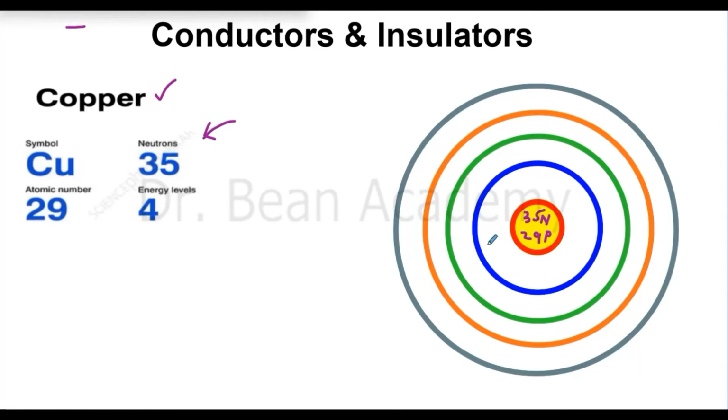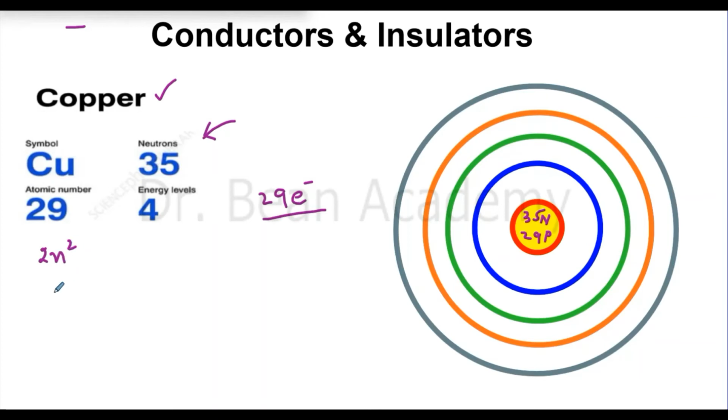So let's see. If there are 29 protons, there should be 29 electrons, because an atom is usually neutral, and to balance the charge of the protons there should be 29 electrons, because we know the charge of an electron and a proton is equal but opposite. And we know the rule for how electrons are distributed in the orbits around the nucleus, and that rule is